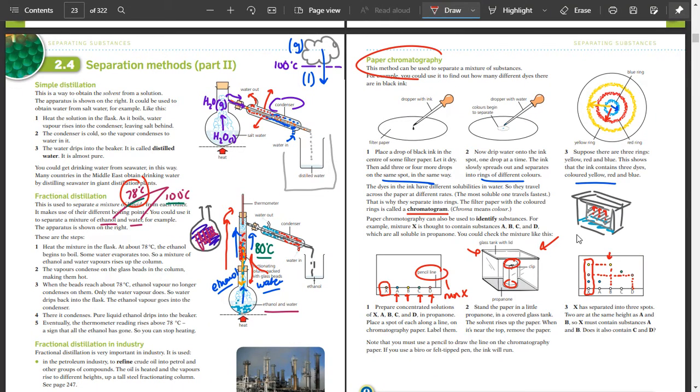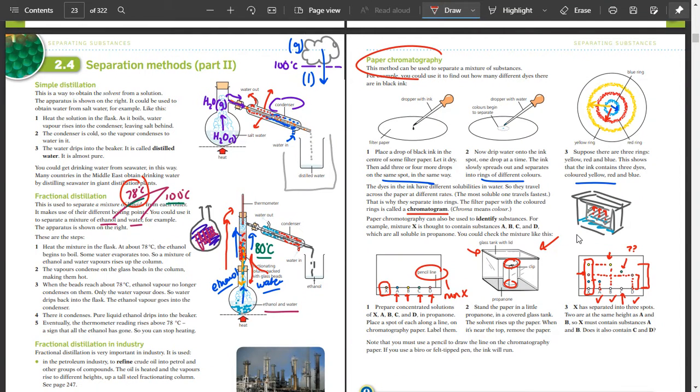When we look at the distance that the pure substance B has travelled, it's the same height. Same thing with D. So this pink substance, which is separated out from your mixture of dyes, is D. Highly likely to be D because that's actually the same height as D in the same chromatogram. It's got some kind of mysterious substance there. We just don't know what that is. But it's also got A as well. So it's definitely got A, it's definitely got B, and it's definitely got D, but doesn't actually have